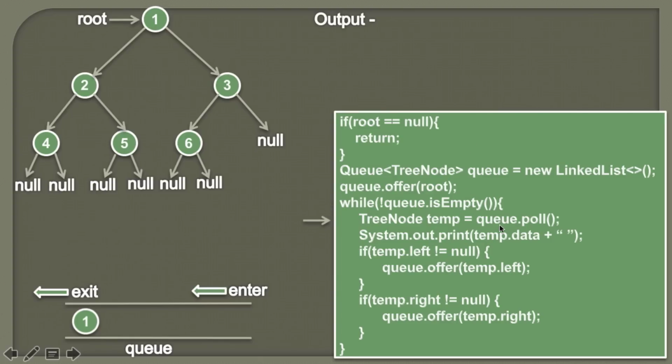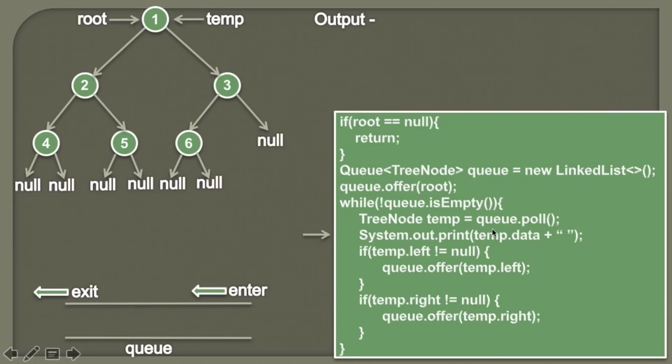In the first step we pull the element from the queue and assign it to the temporary node. Here you can see the queue is having one tree node having data as 1. When we perform a poll operation on the queue, node 1 will be removed and its value will be assigned to temp. So it would look something like this. Node 1 is removed from the queue and temp is now pointing to node 1. Whatever value we pulled from the queue, we simply assigned it to the temporary node. Moving ahead.